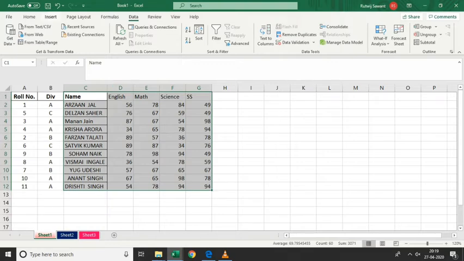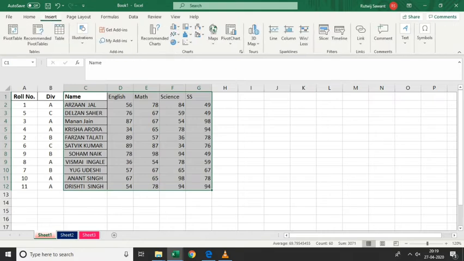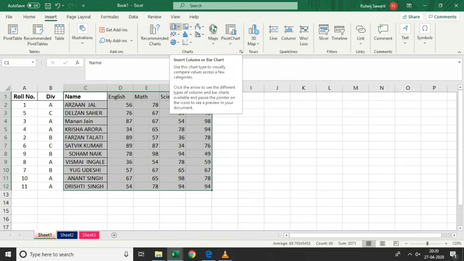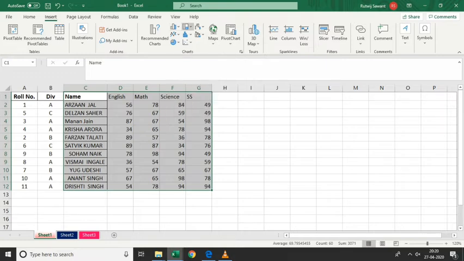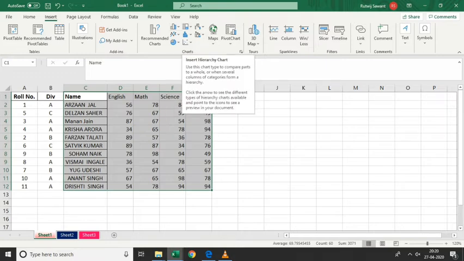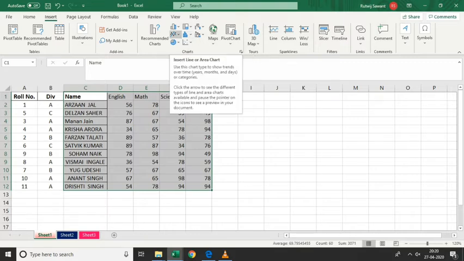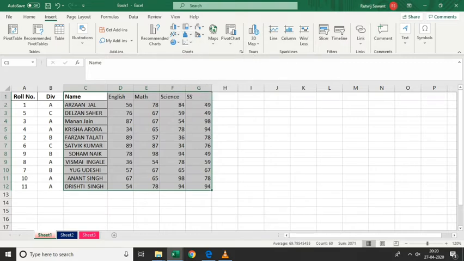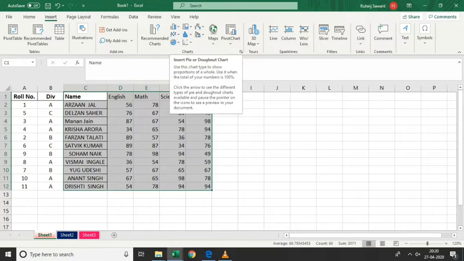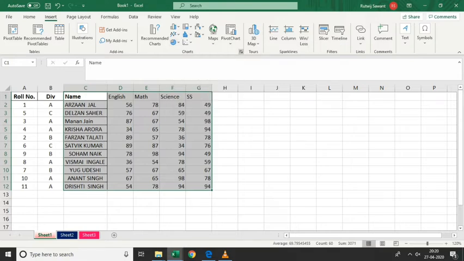When you move the mouse, it will show you insert column or bar chart. Like this there are different charts available, line chart, pie chart. Now I'll click on this arrow which you can see, this is called a dialog launcher, so I'll click on that.